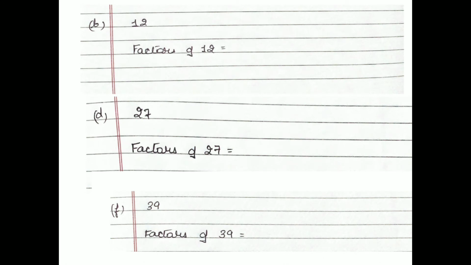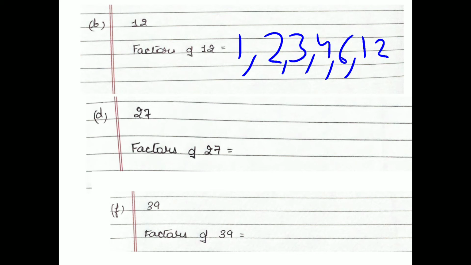You have to write down the factors of 12. As you all know, we always start from 1. 1 12s are 12. So I will write 1 also and 12 also. 1 in the starting and 12 at the end. After 1 I will see, in the 2 table does 12 come? Yes, at 6. So I will write 2 after 1 and 6 before 12. So that it gives both the factors together, and I use less time in writing factors. After 2 I will see, in the 3 table does 12 come? Yes, 3 4s are 12.